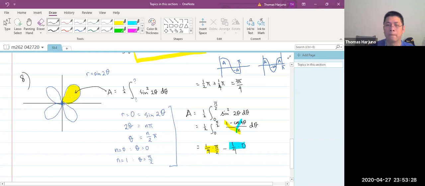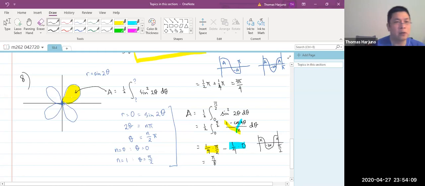0. Oh, how do you get that 0, Thomas? Well, because I know that cosine 4 theta makes one cycle, one period, in pi over 2. So you see how I play the game? Instead of computing it, look at the picture. The area here, let's say, is x, and this is x, but this is negative 2x. Then from there we see that the area of that one leaf is pi over